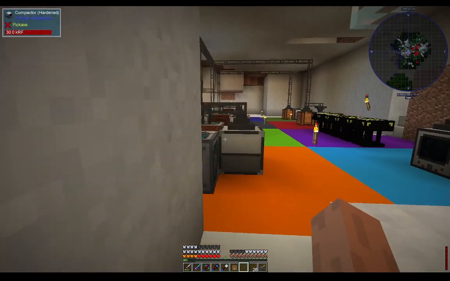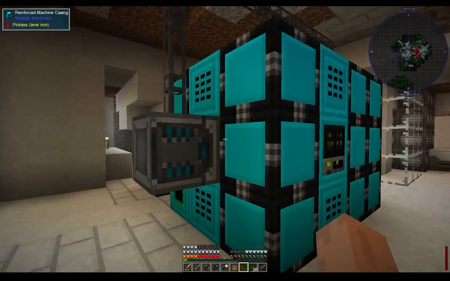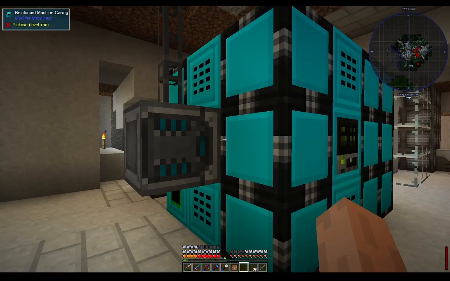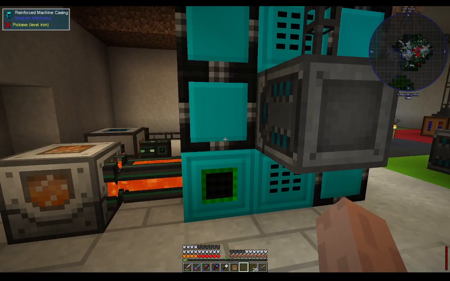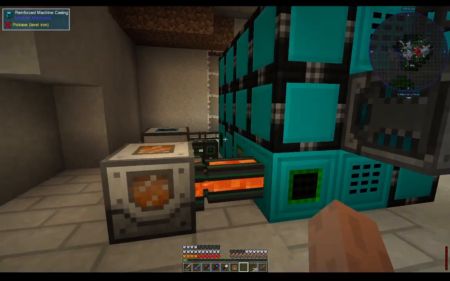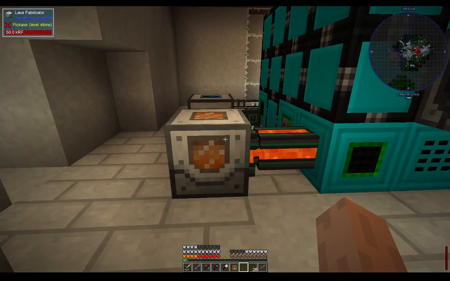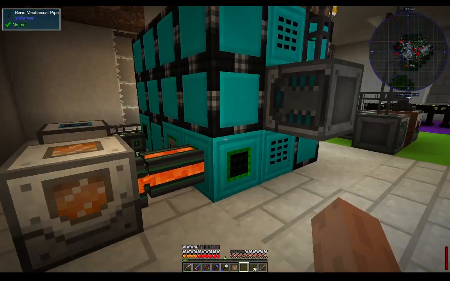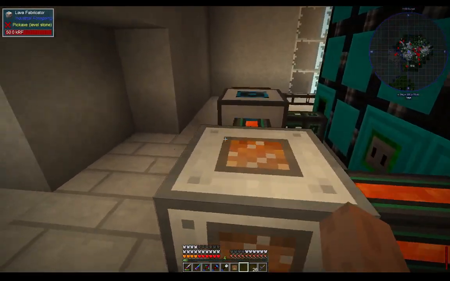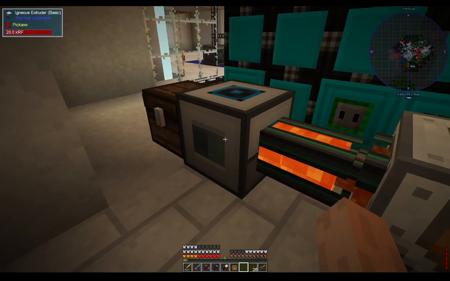Ooh, almost forgot. I mentioned this modular machinery setup I have here, but behind it, this machine takes lava to power, and so I built a lava fabricator which just takes power to generate lava, and I have it pumping into the machine when needed. But I wanted to show an easy way to keep cobble in supply. So over here is an igneous extruder